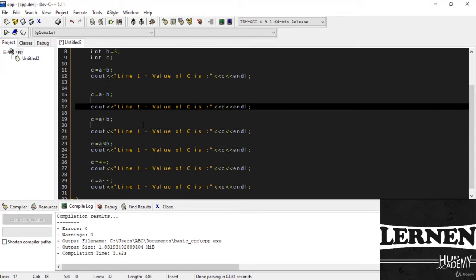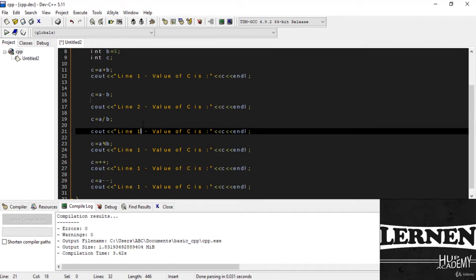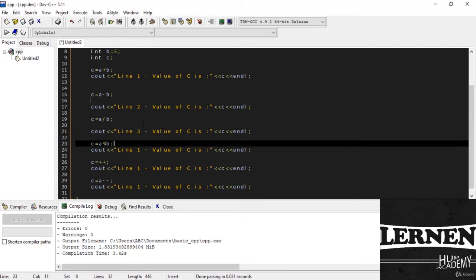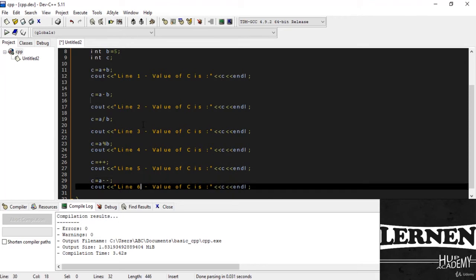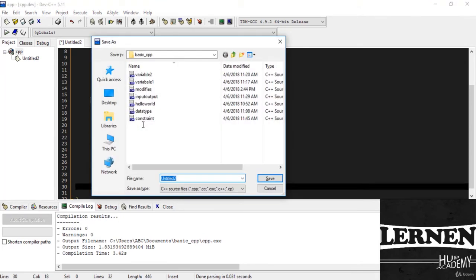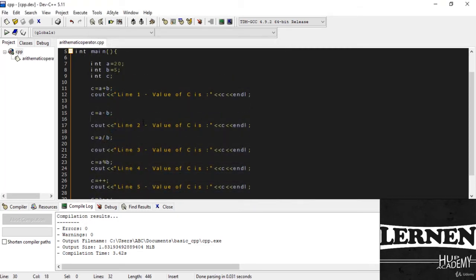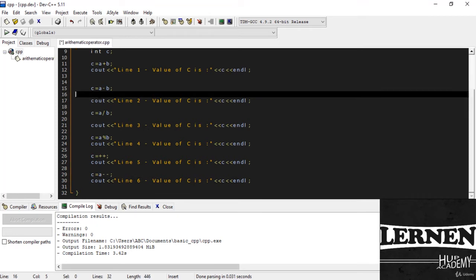So now I'll just change line number 2, line number 3, line number 4, line number 5 and line number 6, okay? I just save. So you can see our arithmetic operators are completed here, like plus, minus, divide, modulus, increment and the decrement operator,